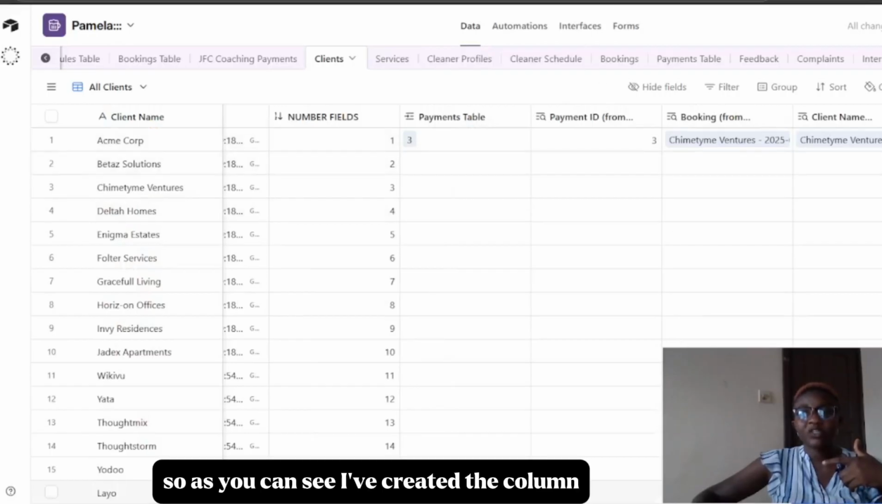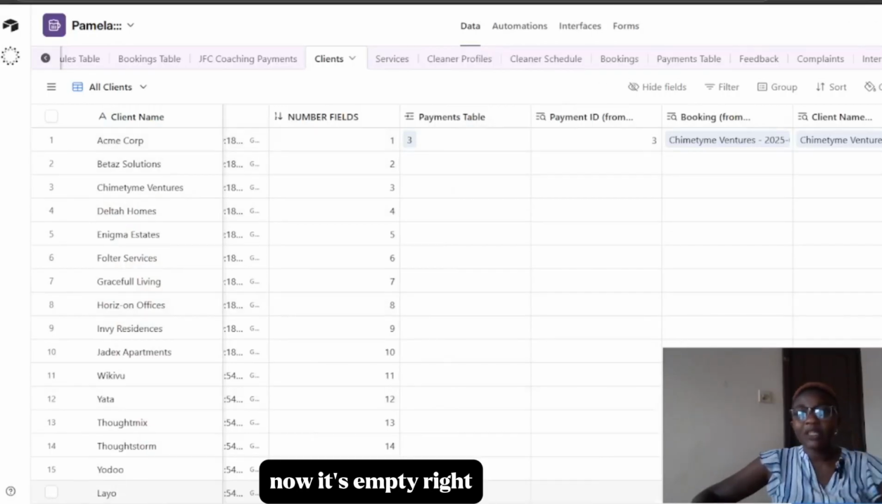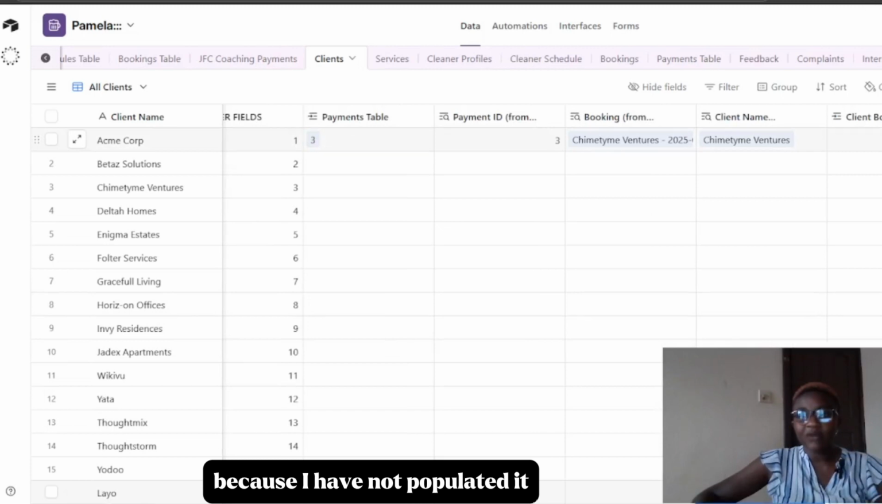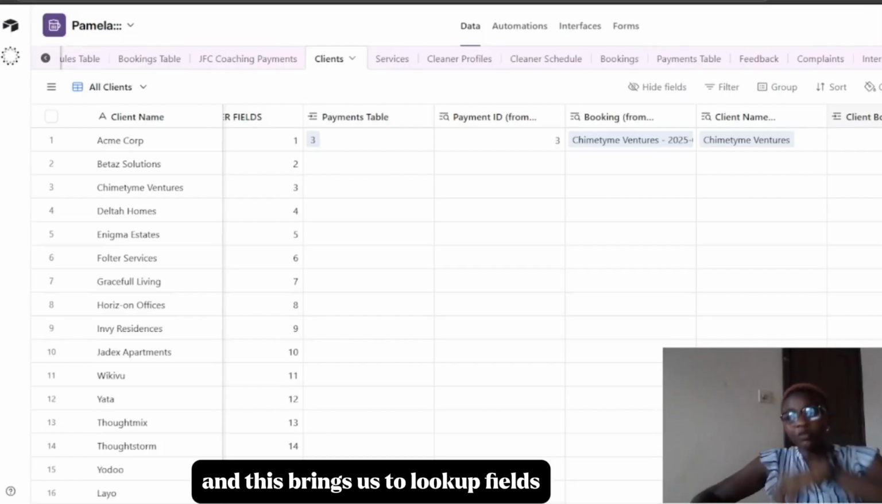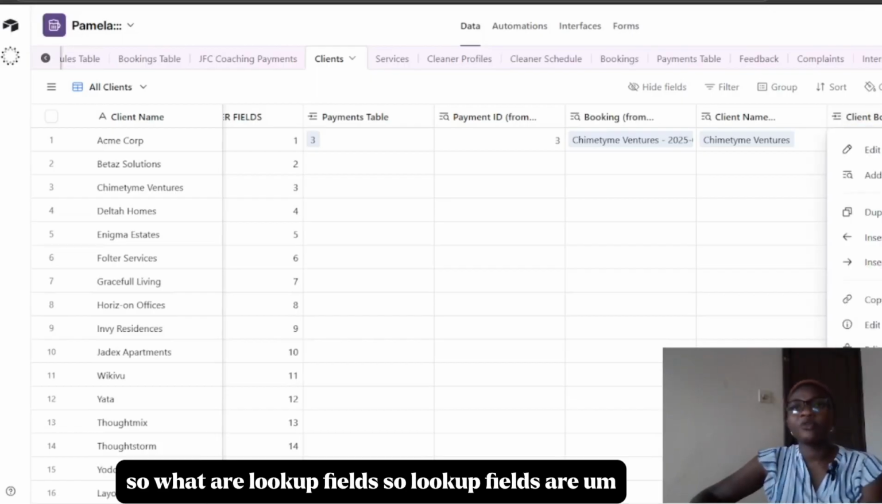So as you can see, I've created the column. Now it's empty, right? Because I have not populated it. So now before I populate it, let me create a lookup. Let me create lookup fields. And this brings us to lookup fields. So what are lookup fields? So lookup fields are